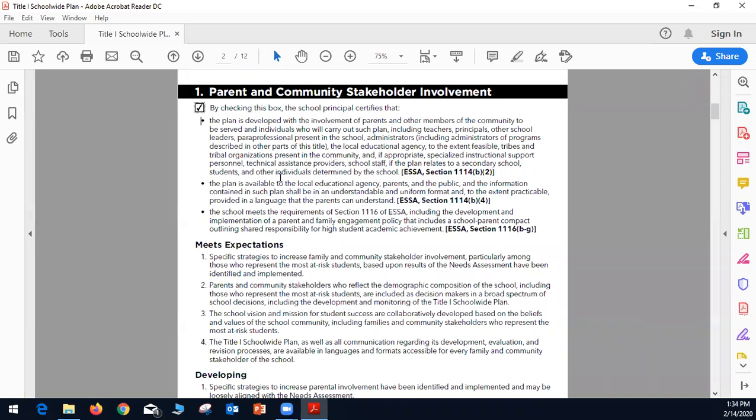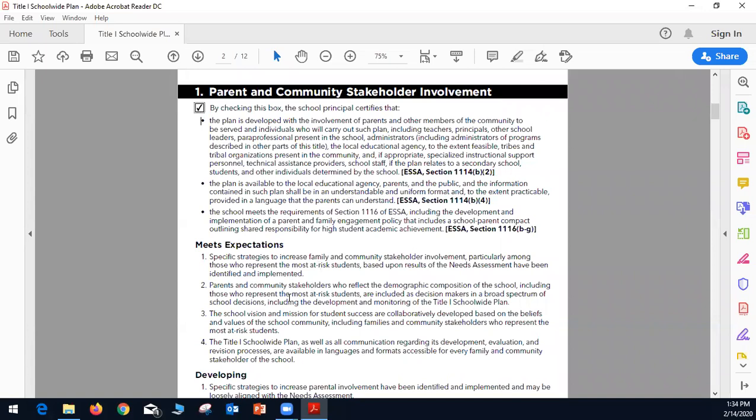Also, it's a certification that the plan is available to all the local educational agencies, parents, and the public, and the information contained in this plan will be in an understandable and uniform format, and to the extent practicable, provided in a language that the parents can understand.